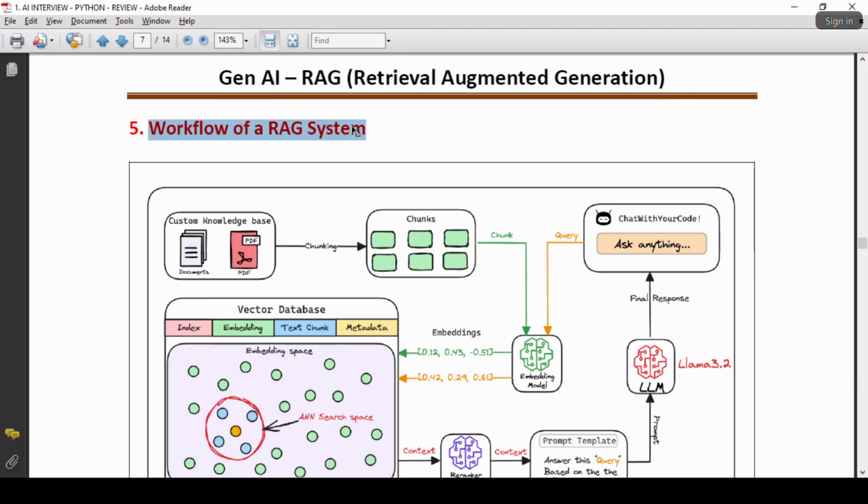Imagine there is one company. In that company, can we create a RAG architecture? Yes, this is the process you need to follow. I will explain step by step. Get ready to understand. We already know some well-known terminology.